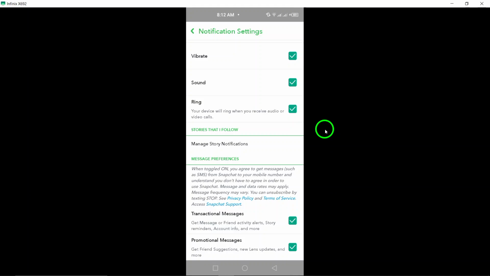With these easy steps, you can unmute those audio call rings on Snapchat and never